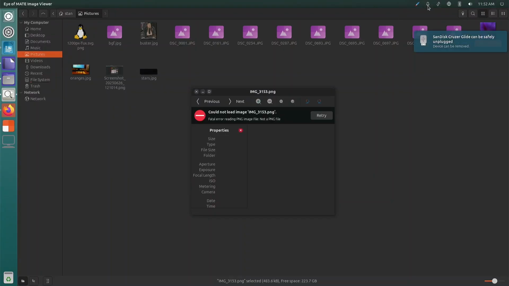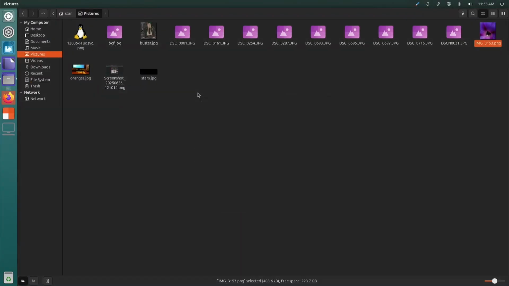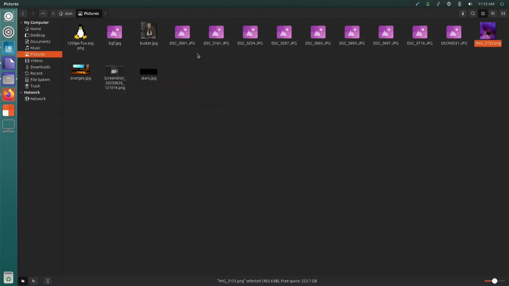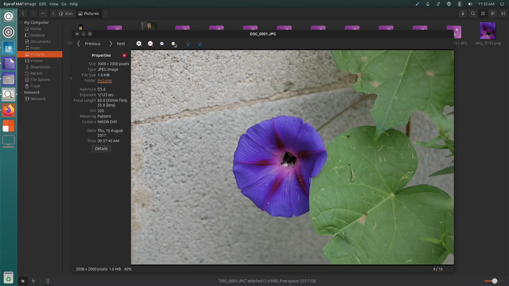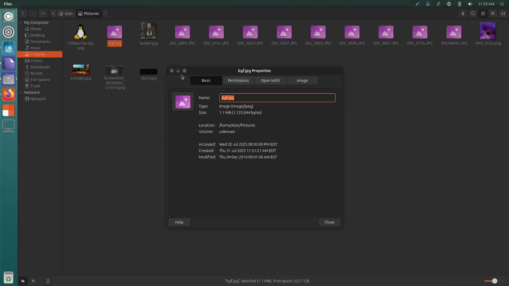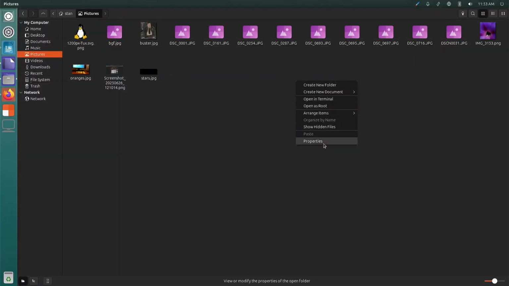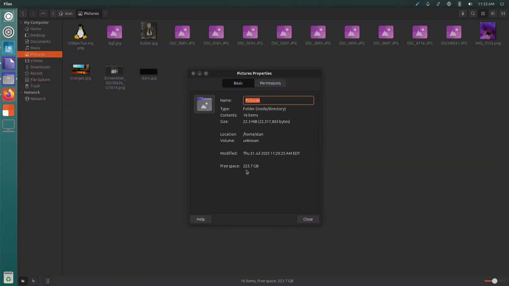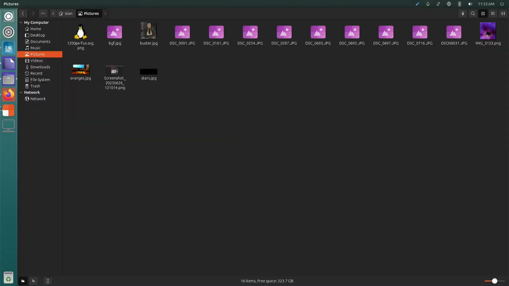Can I middle click this? It clears the notifications, but not the little pop-ups. I don't even know what that did to the picture. It's still not showing the previews of these images. That's very strange.